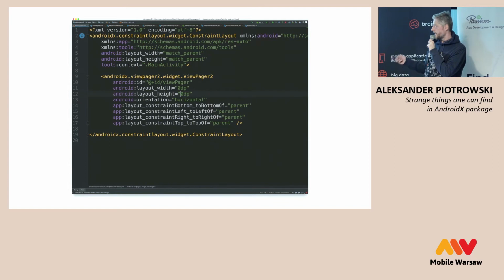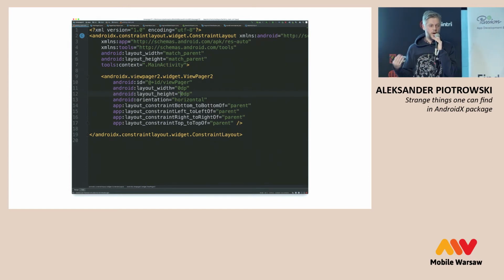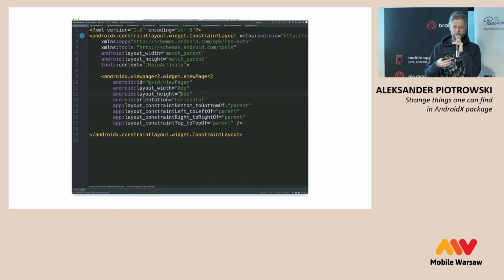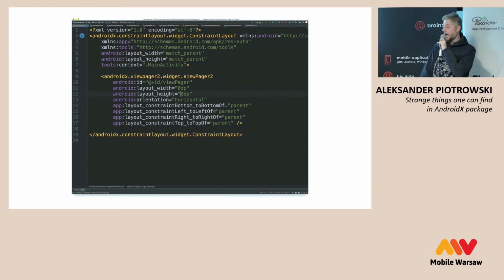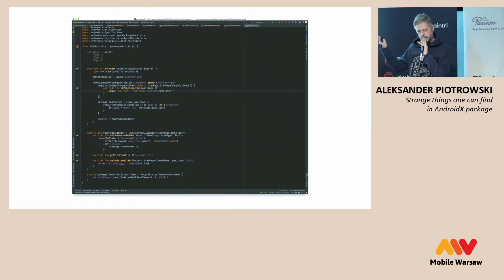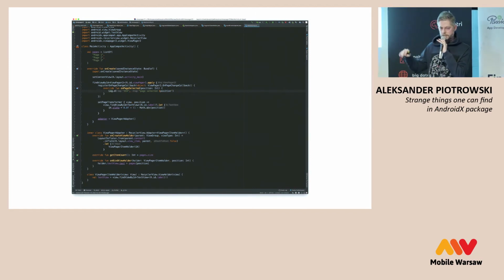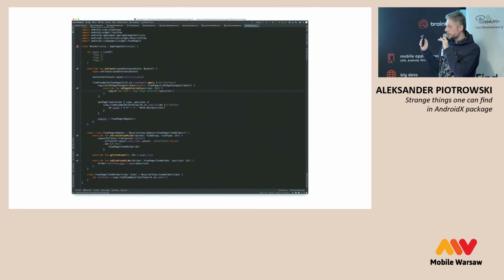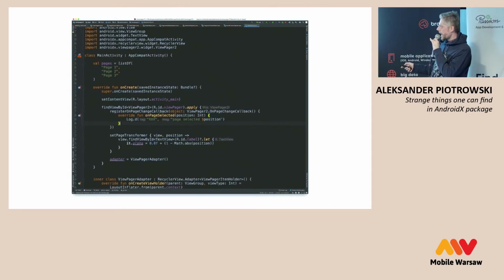And that's that. So the next step is, of course, we need to somehow connect data, like add data, so most probably set adapter on that view pager. So let's do it. And it's kind of small, and the idea is that I will just show parts of this so that you're going to be surprised. So the first part here is how can I just listen to some events happening